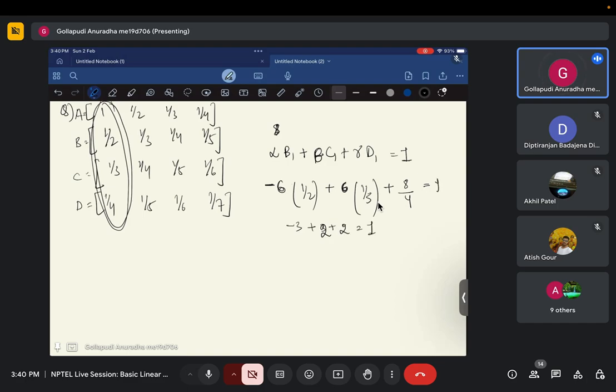So I'm getting here 1. So suppose I'm taking alpha as minus 6, beta as 6, and gamma as 8, then that's satisfied for